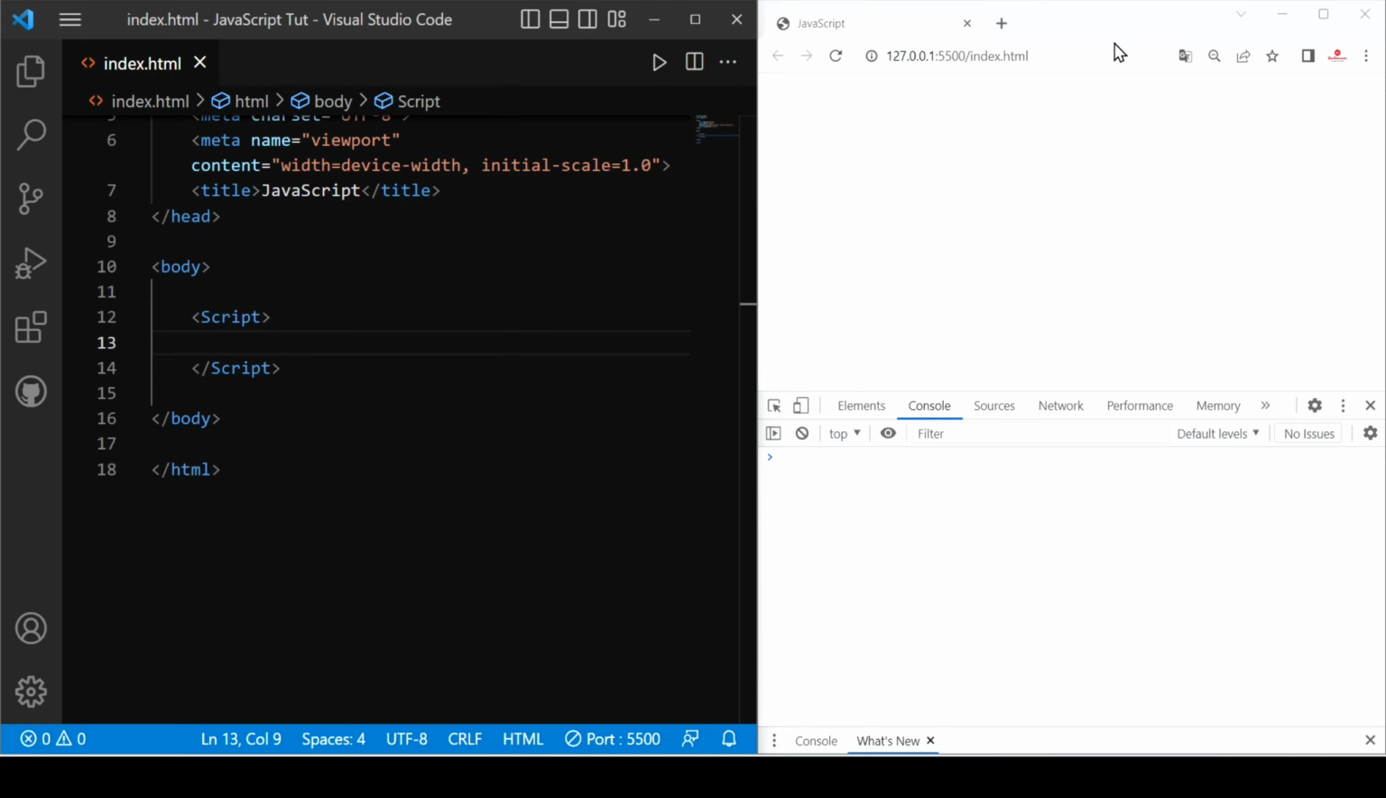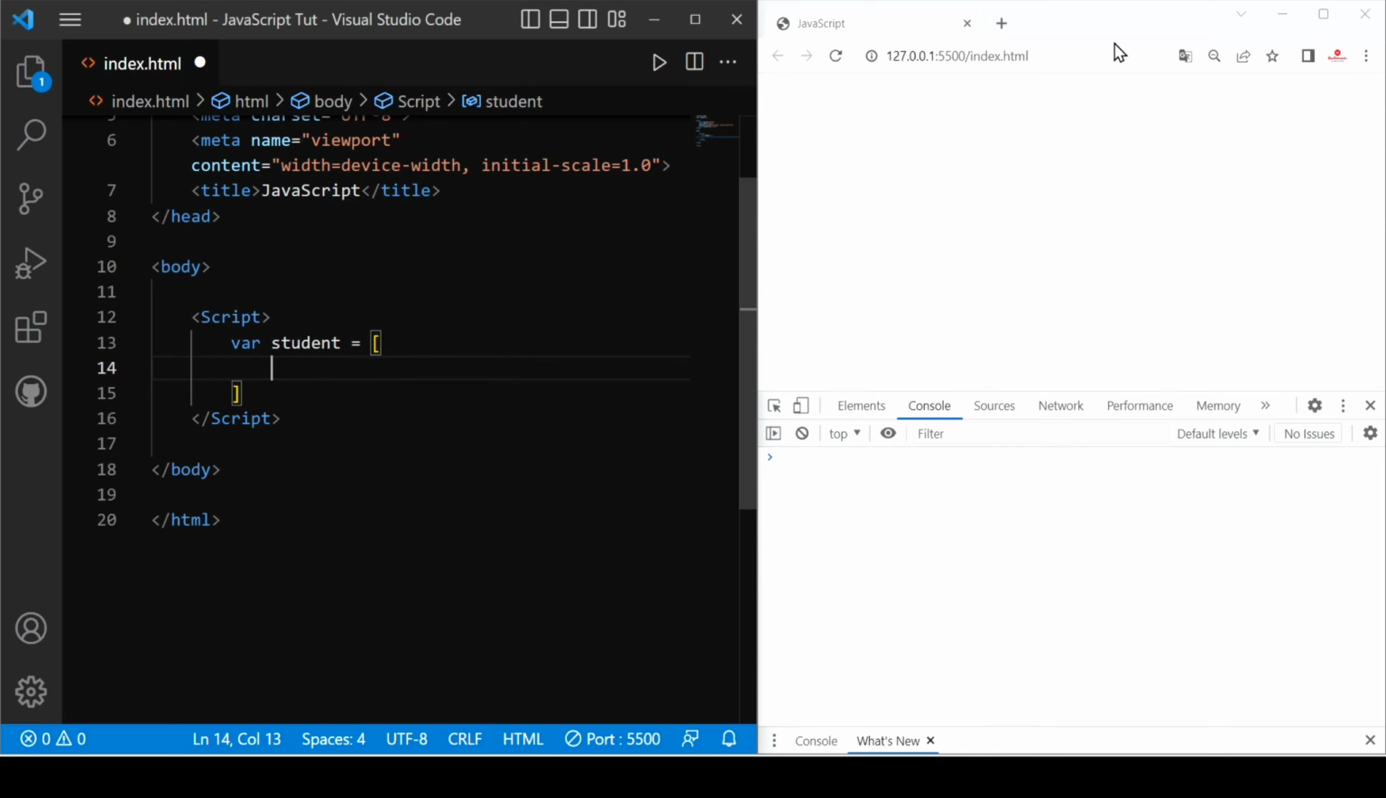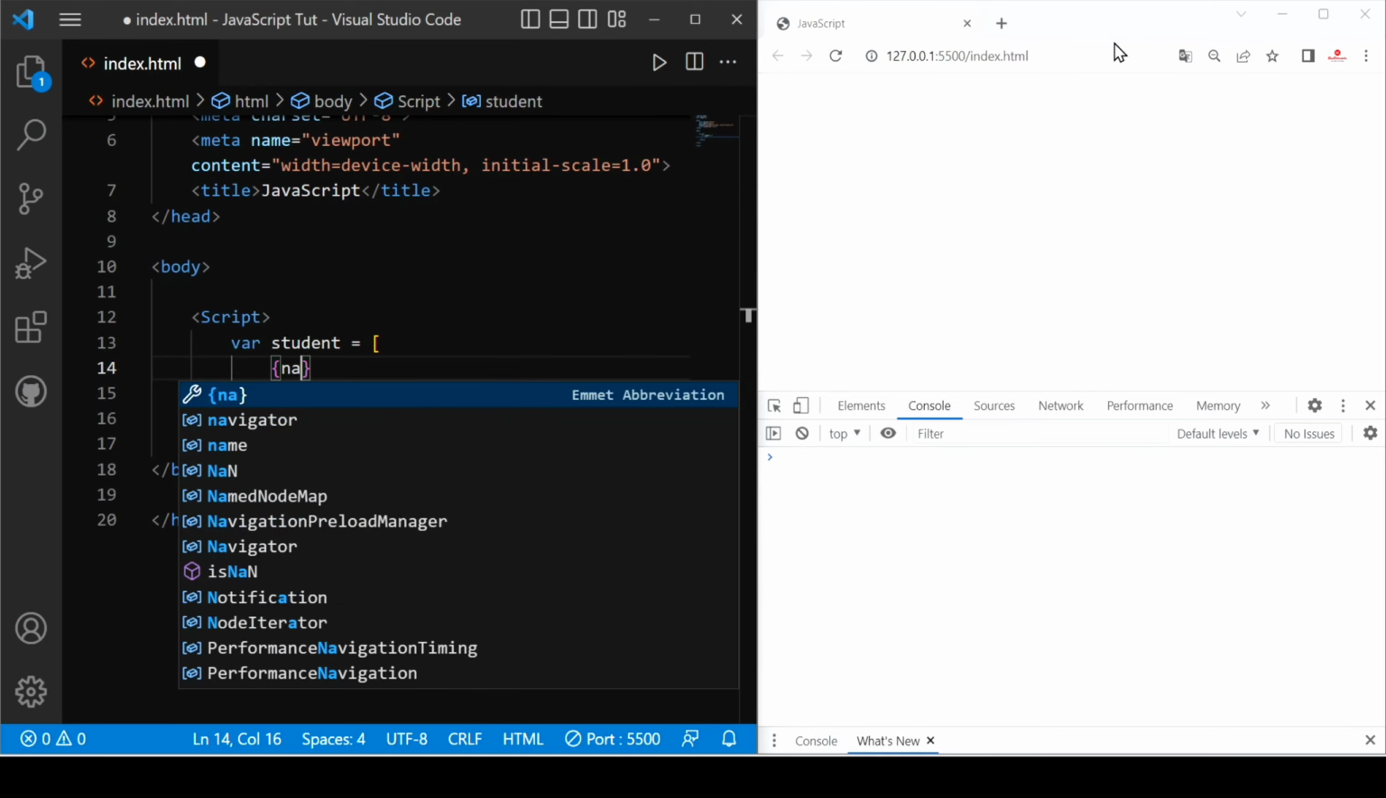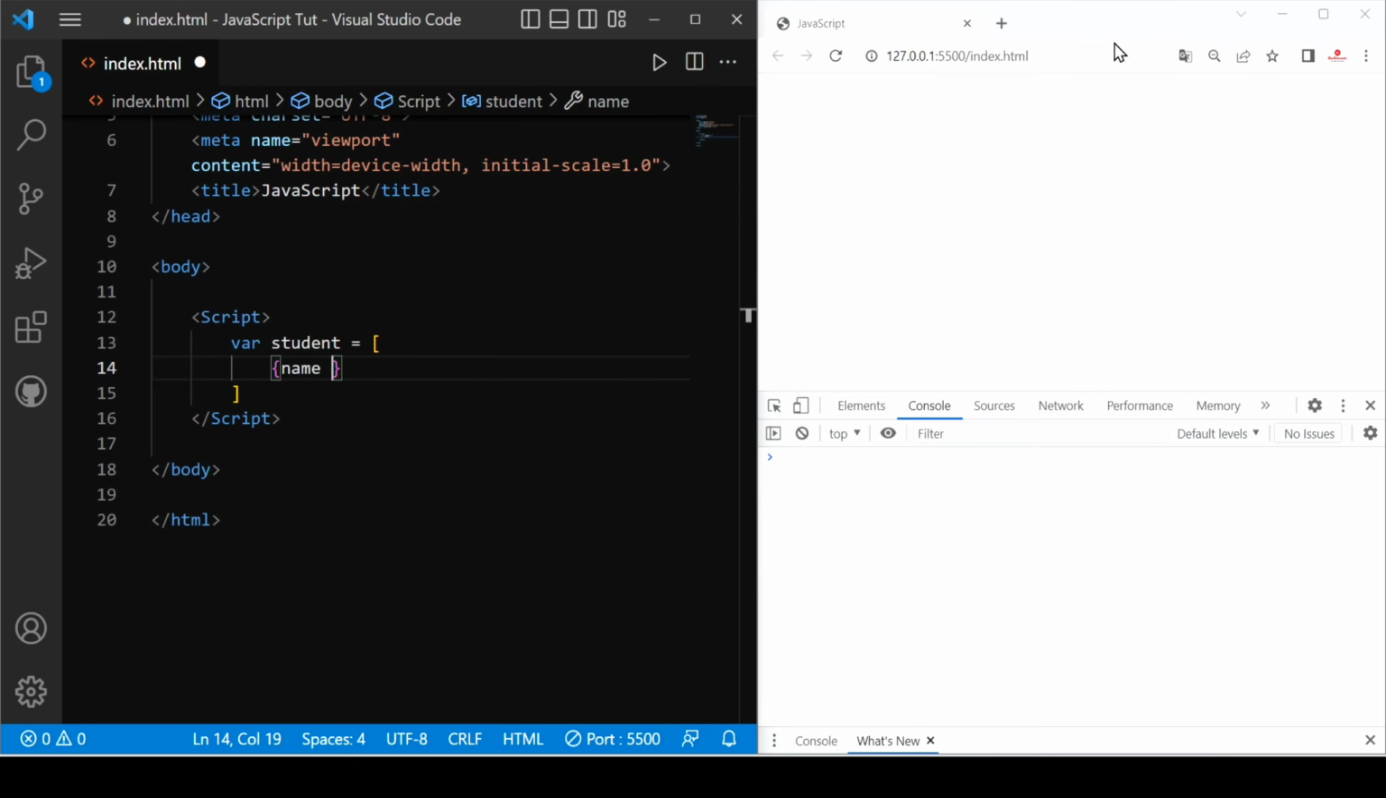For that we just use var and after that a variable name. For example, I choose student, and then we have to use equal, then square brackets. If I want to store multiple objects, then we just press enter and use curly brackets. Then we have name, like